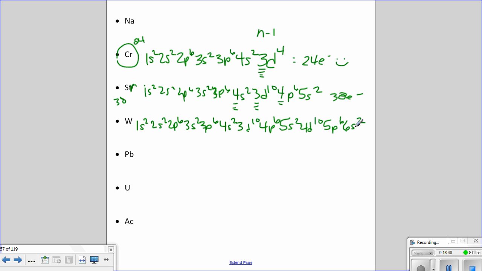This is where we insert our F block right now. So lanthanum is, yes, I know it's number 57 and it's before 58, but if we insert this now, it'll make our life a little bit easier. So F block includes N-2, which would be 4F, and then count those electrons all the way across F block. There should be 14 elements. So once you've gone through the first level of F block, go back up to D, which is where lanthanum